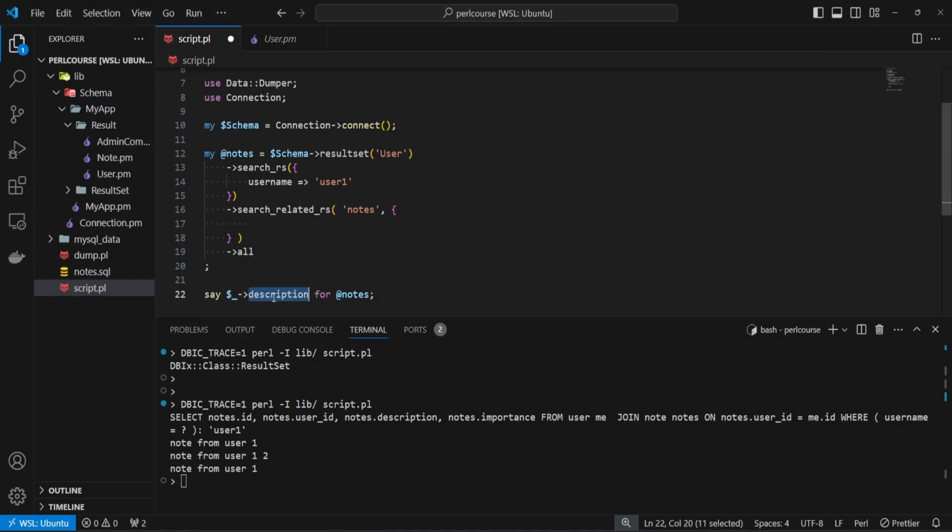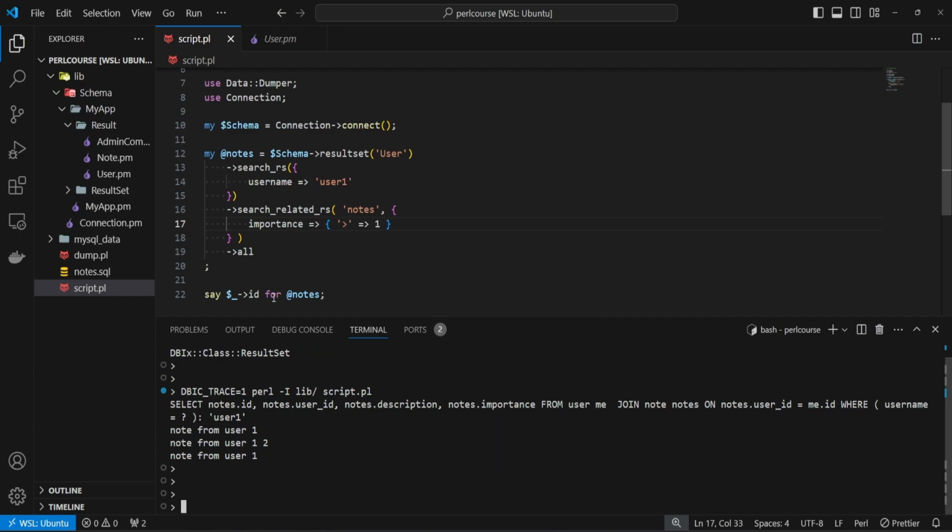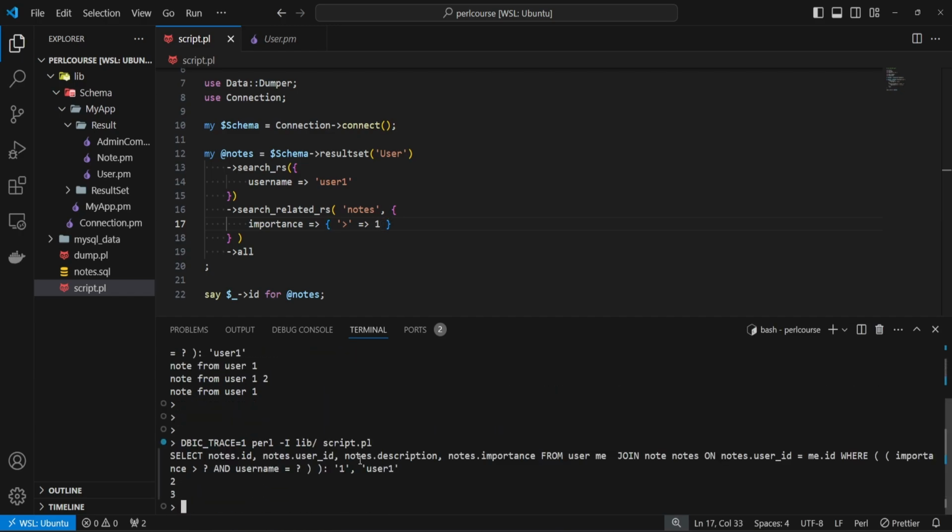So let's do that. Instead of printing out the description, we can print out the ID of the nodes. And here, as a filter argument, we can say that we want to filter for all the items where importance is larger than 1. If we save this, rerun the script, we're going to see that now we're searching for